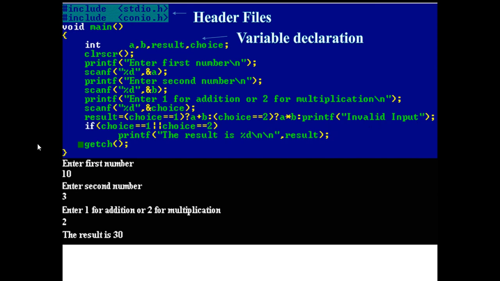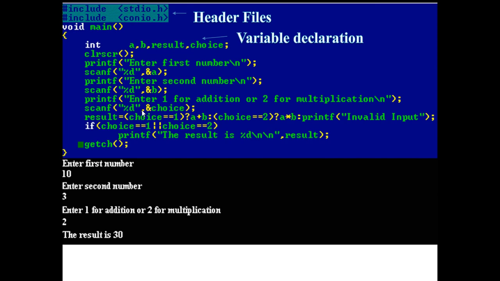So you are comparing the value of choice. First of all, you are entering two numbers. The first number is a, and the second number is b. Then you are performing either multiplication or addition, depending on the choice. If you enter choice 1, then addition will be performed. If you enter choice 2, then multiplication will be performed.